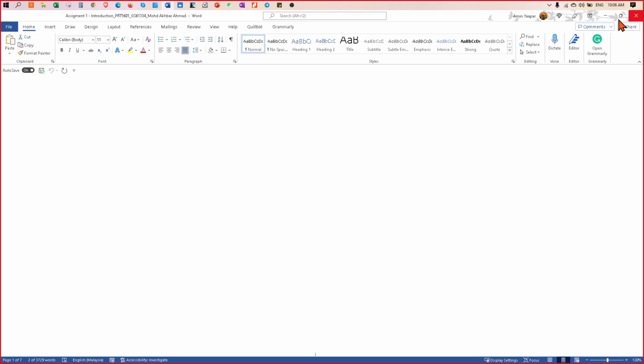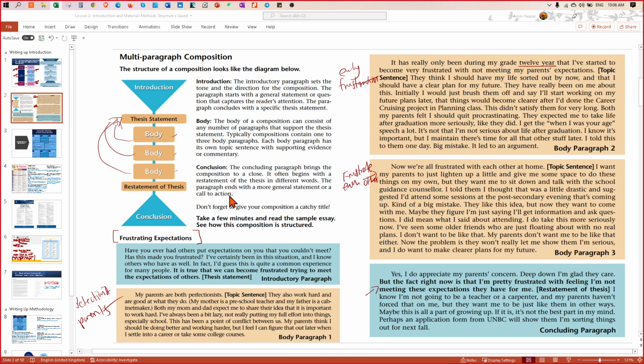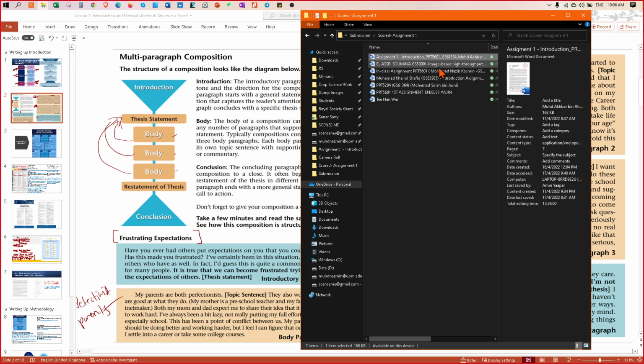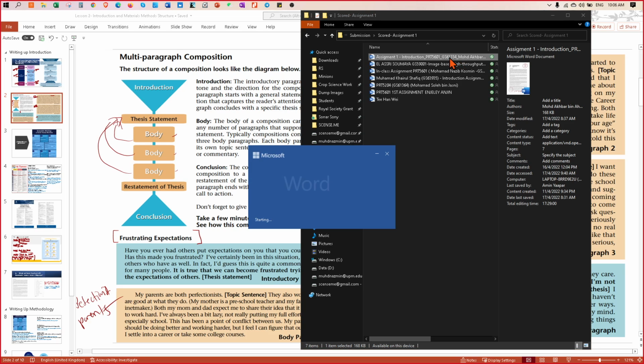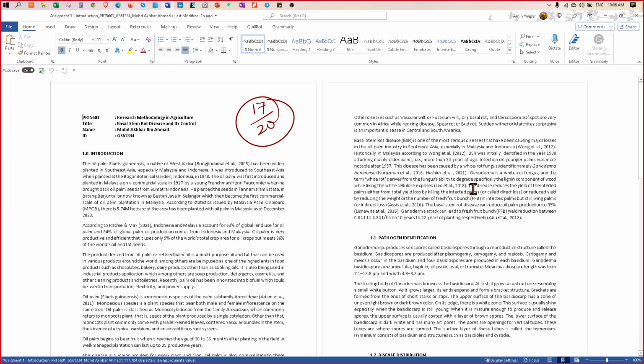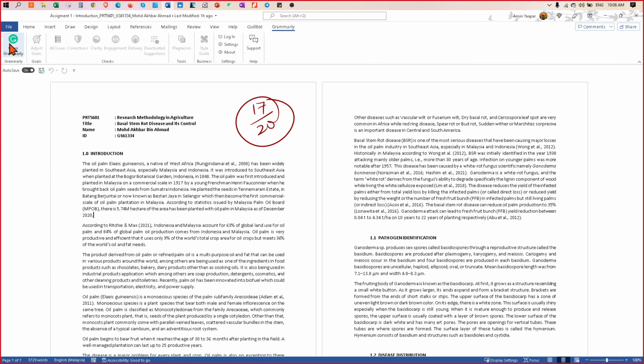Okay, one more thing, doctor. Kalau scientific name, is it the Grammarly? Dia ada some comment dia lah yang kata dia kata unknown word ke statement ke cannot, dia macam tak tahu ke macam tu. So you need to add to Grammarly, add to the dictionary so that Grammarly knows this, because scientific name is not English, that is Latin. Okay. So how to add inside the dictionary in Grammarly?